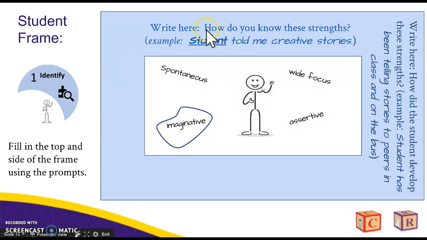So for your student, write in, how do you know these strengths? What is the evidence that you've seen about these strengths? And then how do you think the student developed these strengths? Now, as we go around this frame and we fill it in, sometimes we don't have all the answers. Sometimes we don't really know how the student developed these strengths. Take your best shot at it. If you really just don't know, then just own that. I really don't know, because